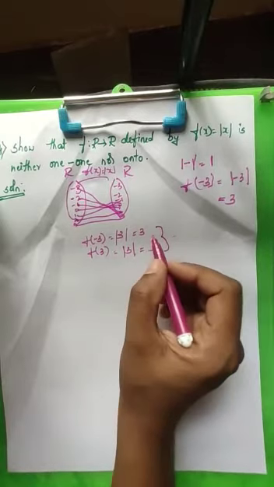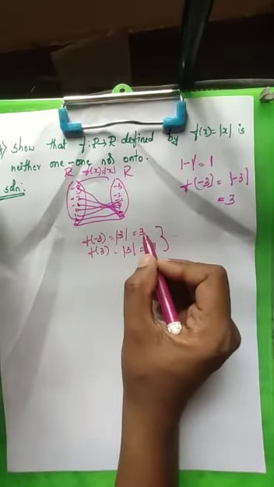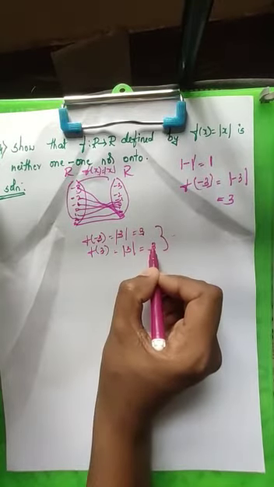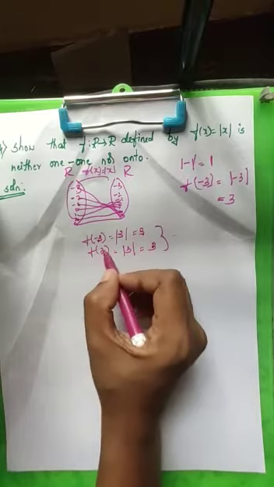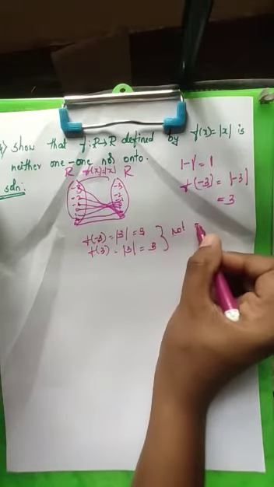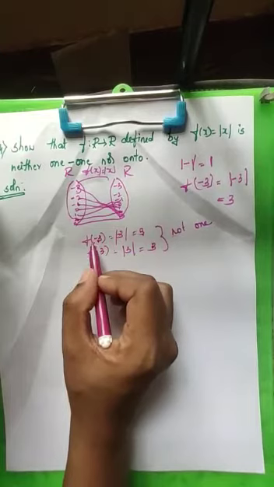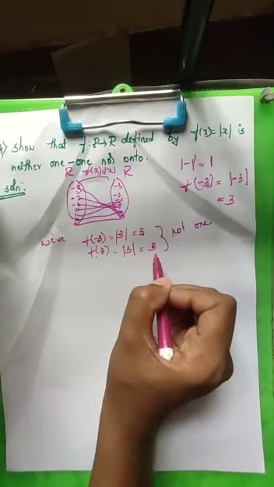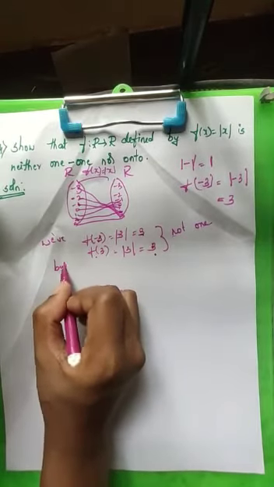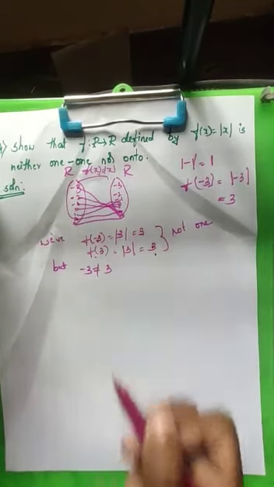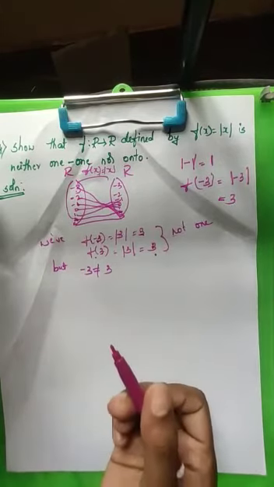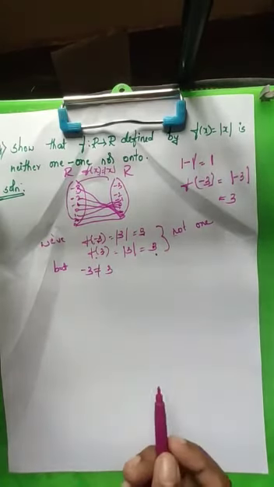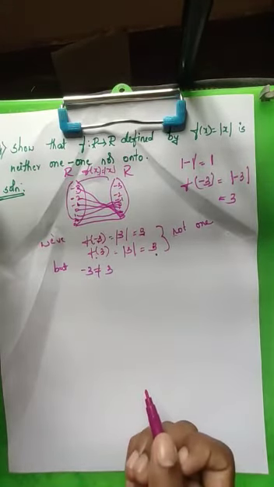What do you mean by a one-one function? One element should go to only one element. But here you can see many elements are going to one image. So it is a many-one function. This is not a one-one function. Why is it not one-one? You can give the reason as, we have f of -3 is equal to 3, f of 3 is also 3, but -3 is not equal to 3, correct? -3 and 3 are two different elements which have the same image, which means this is a many-one function, okay? I hope you're clear. This is the reason the function is not one-one.